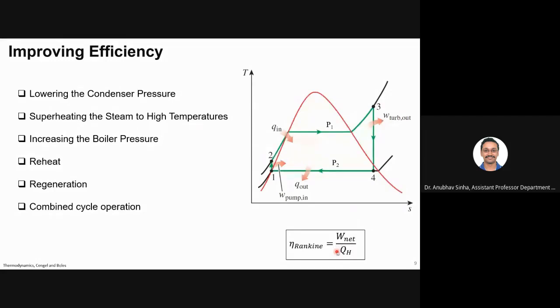Now I can also increase the boiler pressure. Instead of going at this pressure level, I can go at a higher pressure level, and the work done will increase, but Q will also be affected. So we'll look into it more closely in subsequent slides. Then we'll talk about some new concepts: reheat, regeneration, or combined cycle operation. We'll look at those in the next few slides. So let us start with